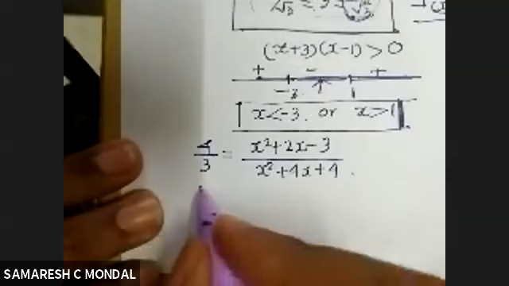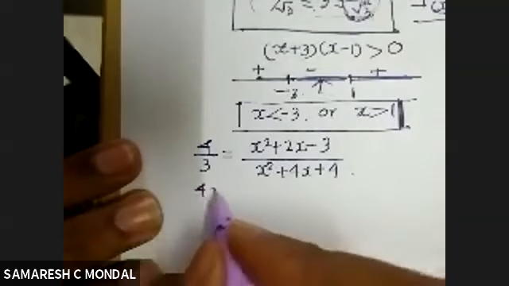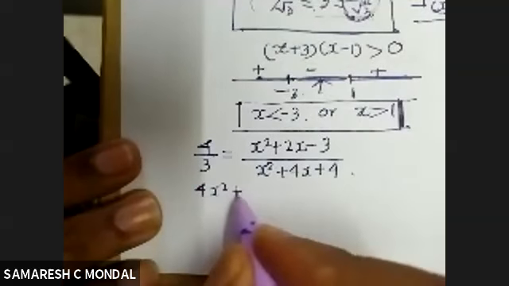I'll check out for which value of x. So 4x square plus 16x plus 16